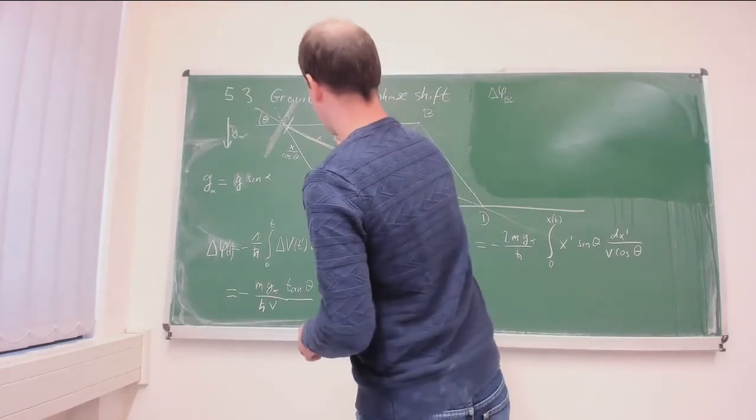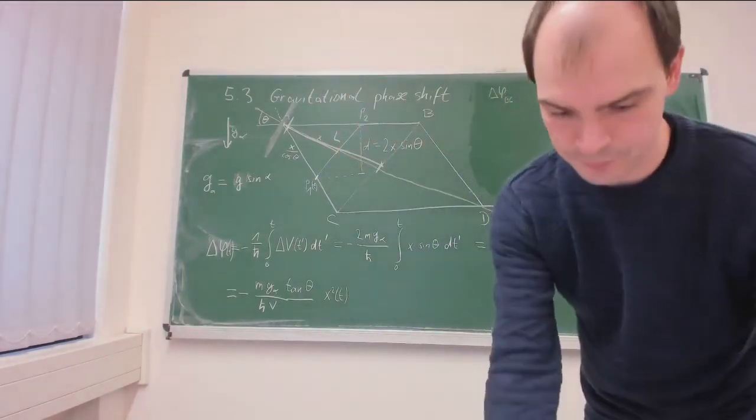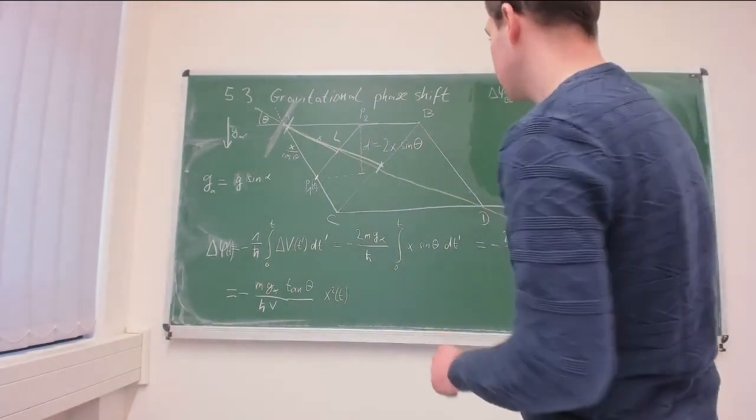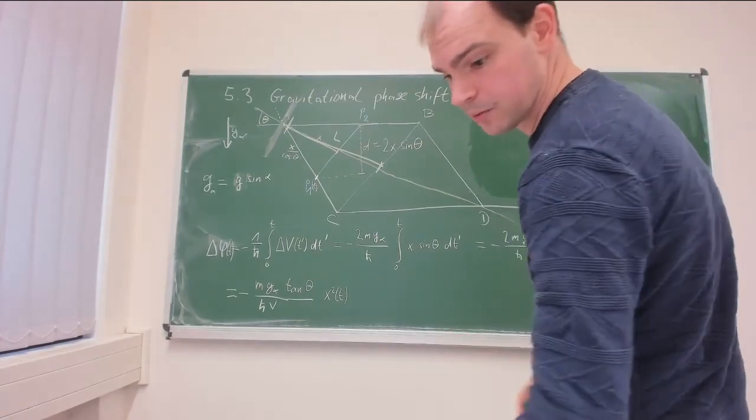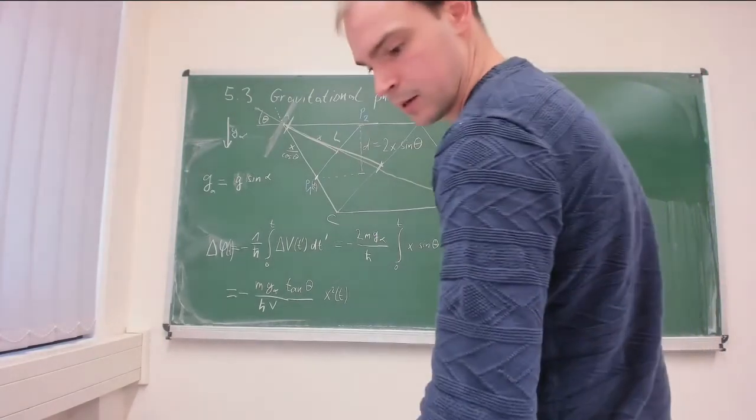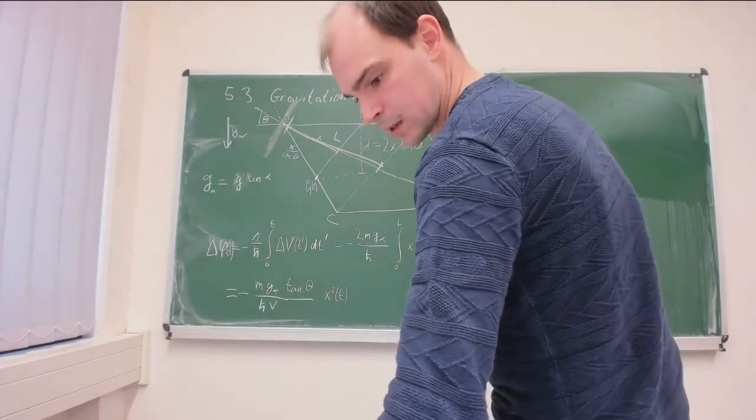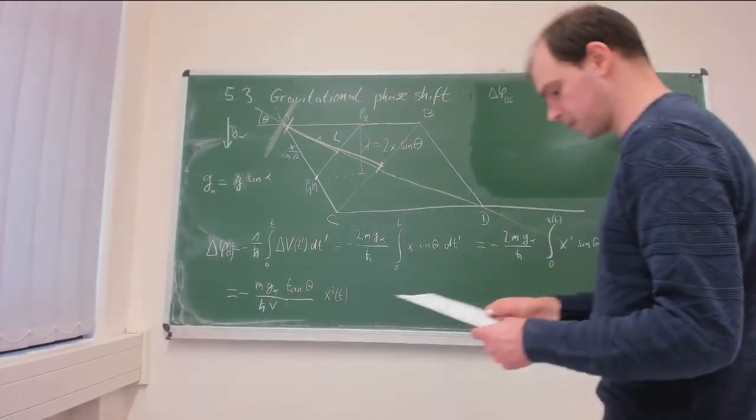This length is L. So we have L instead of x. So we find that this delta phi equals,